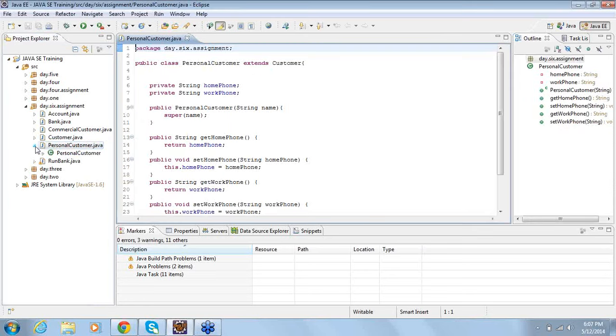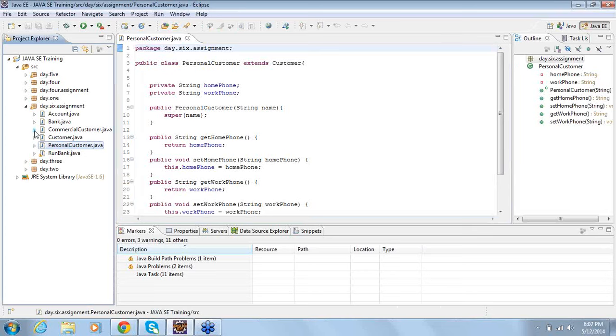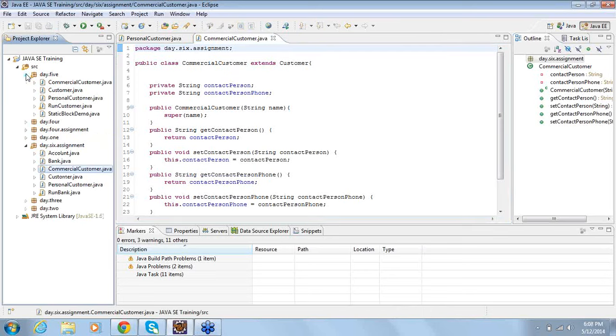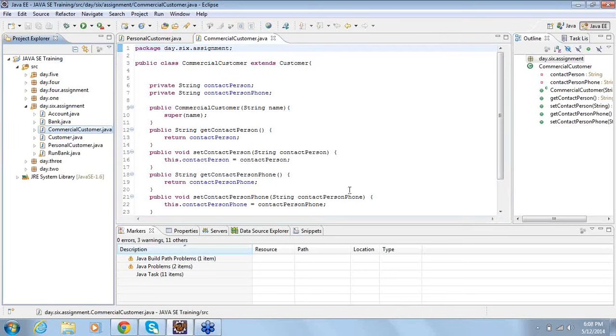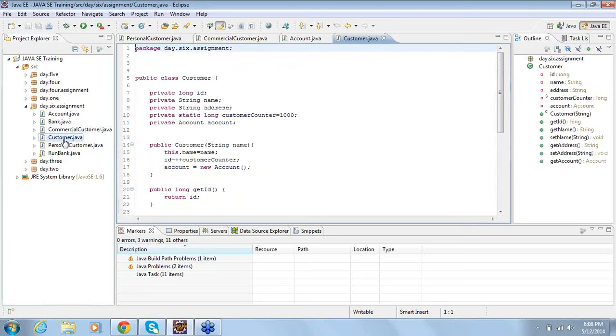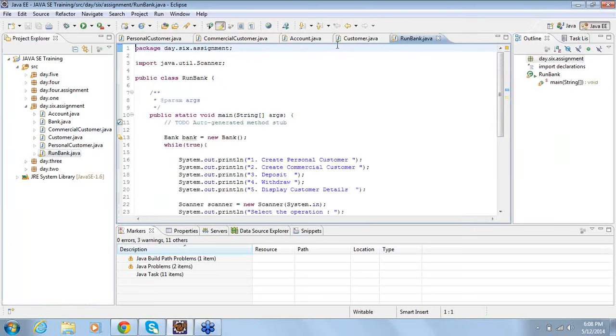We had a personal customer and also a commercial customer. Then there was an account. Then there was a program called Run Bank, and there was a program called Bank.java.